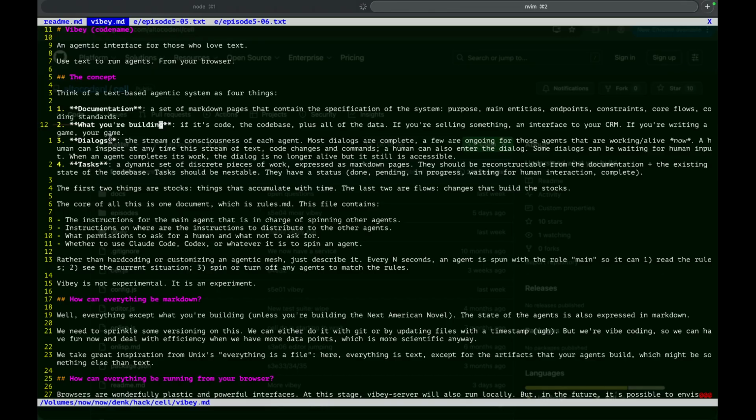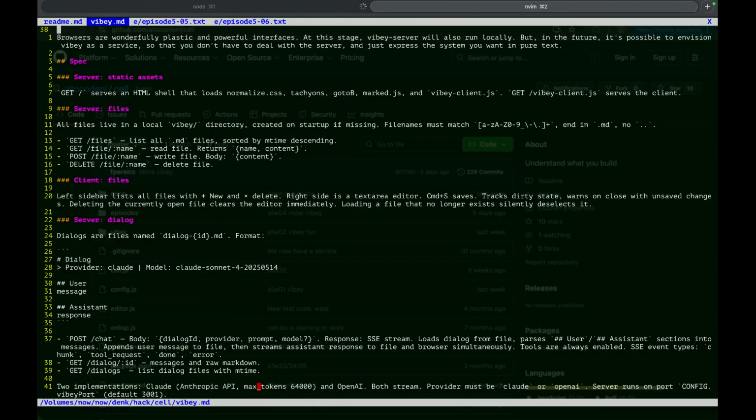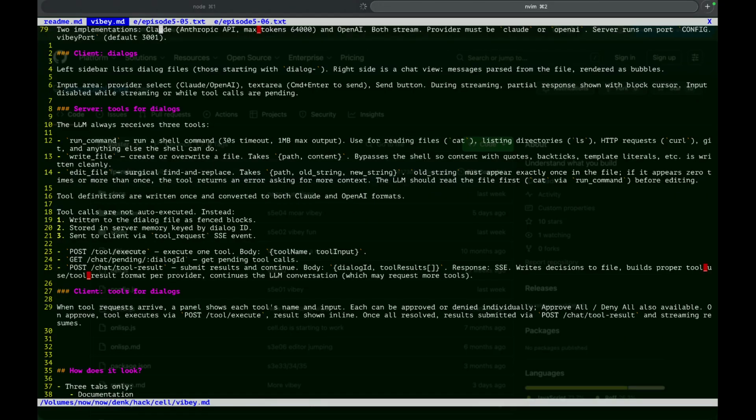The concept of the agents being dialogues, markdown that you can actually read and interact with, is essential, I think. It's really Unixy, everything is a file. So this is the spec I had. Basically have the LLMs generate with me,